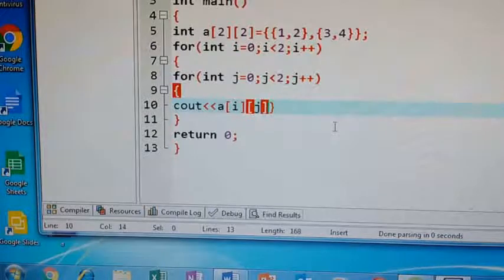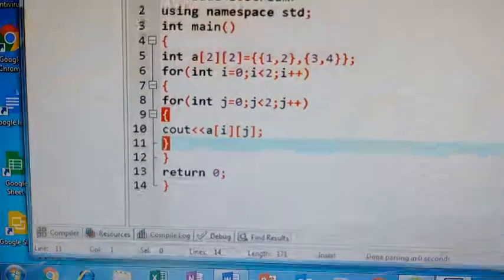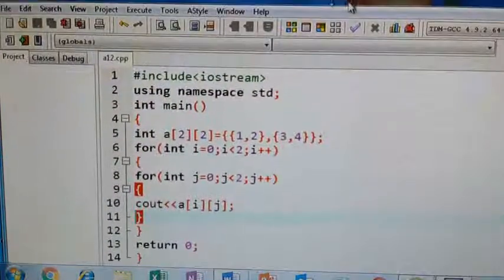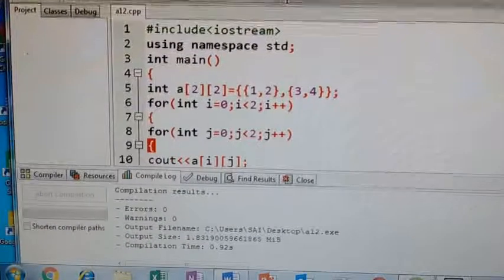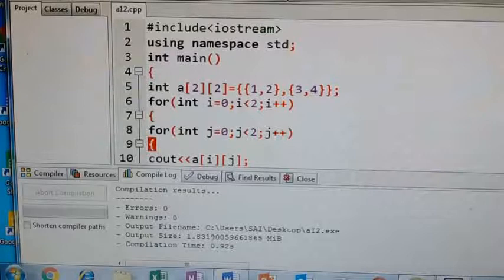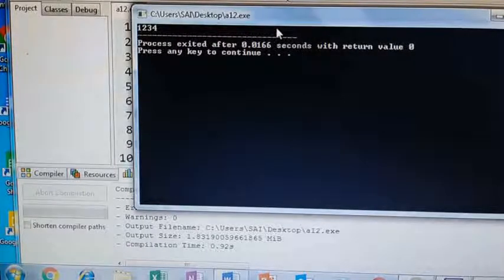Right? Save it. Execute. Compile. We'll see, is there any error? No errors. Now, execute, run. So, 1, 2, 3, 4. At a time, all the elements are printed.